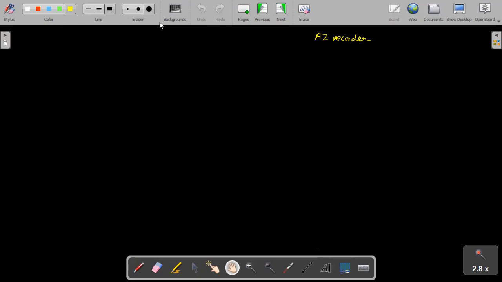Yeah, let's see whether it records now because I have turned on the screen. If the Zoom app is taking this, then it will record what I'm saying right now.